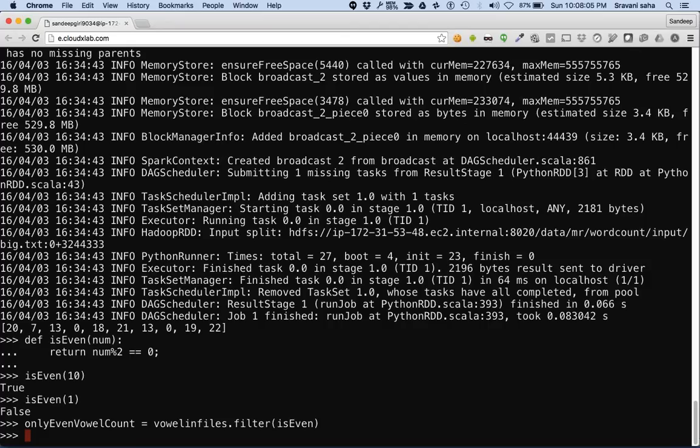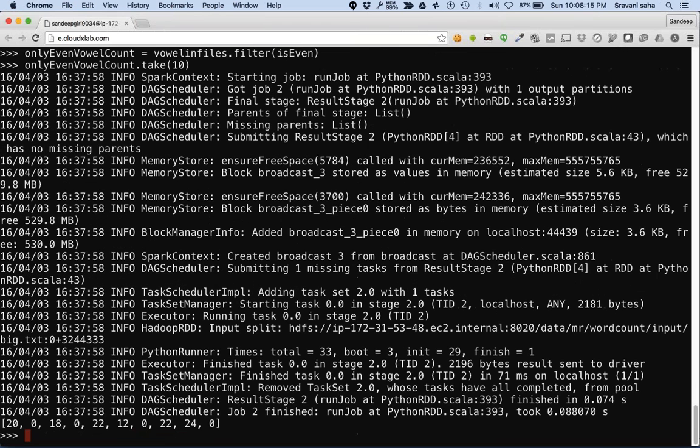Right now it has not done anything because it's a transformation. So now let's run take on this. Instead of take, we could have run save. That's also good. Now you can see that only those line counts, the character count of each line, which are even, are printed.